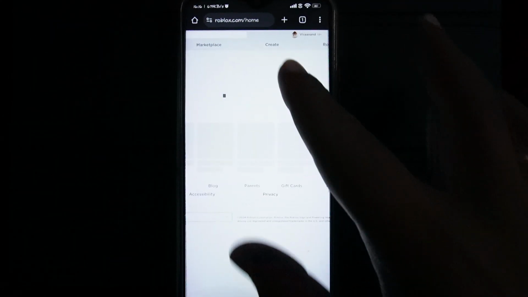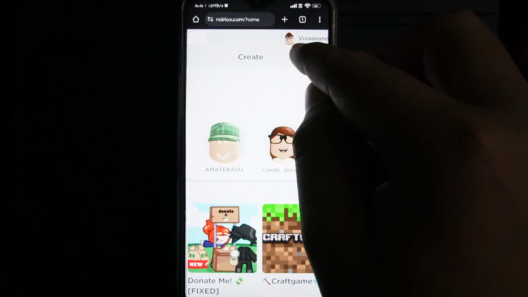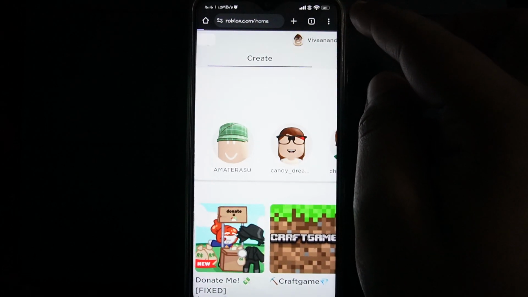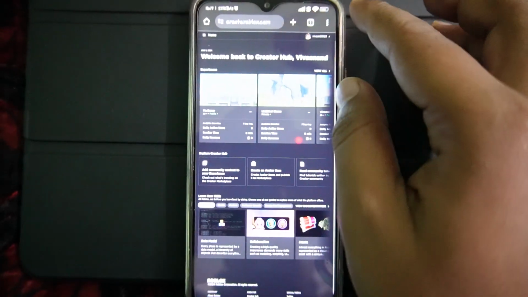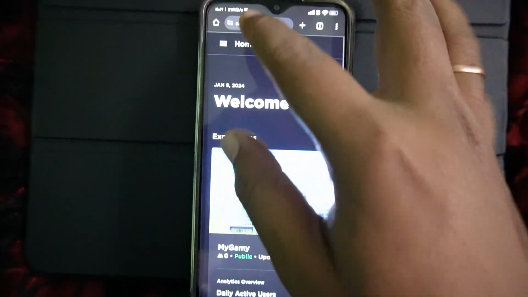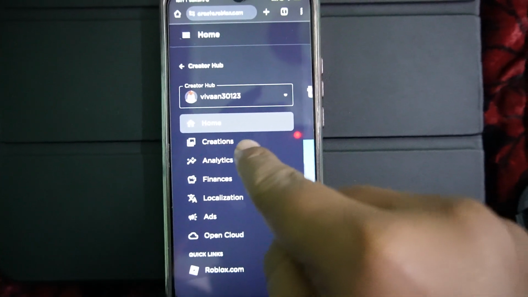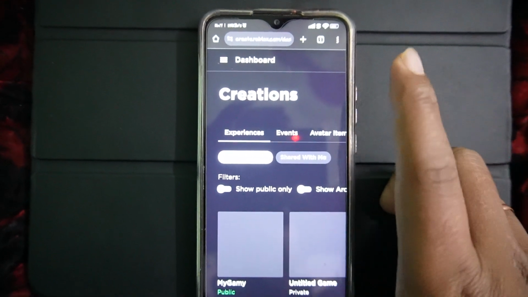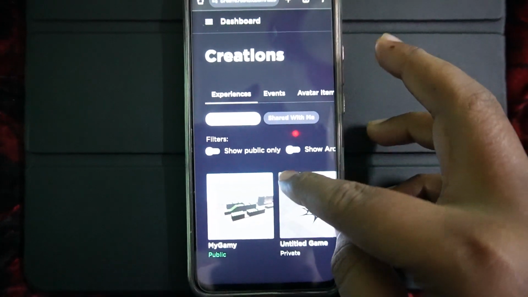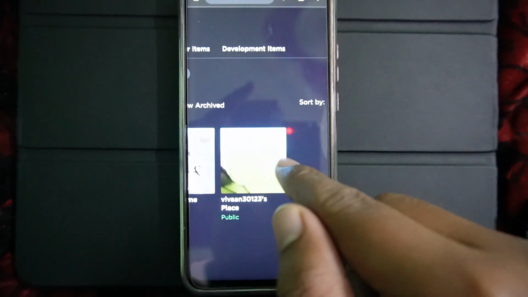Now once you're here, you just need to make sure you tap on this create tab over here. Just tap on it, and here you have to tap on this menu button and go to creation. Now guys, you have to tap on the experience by your username. Just tap on it,